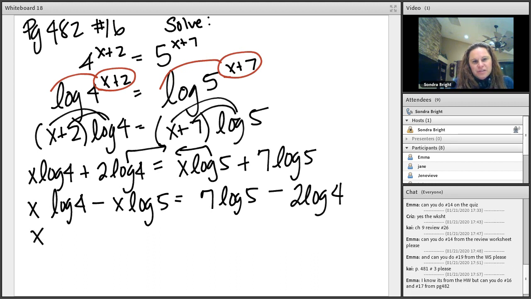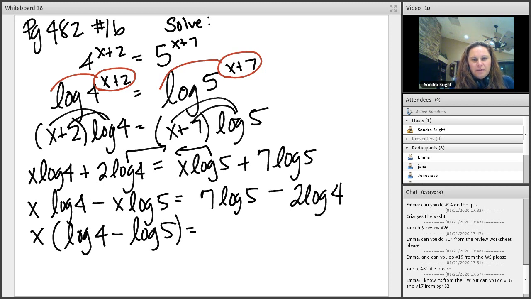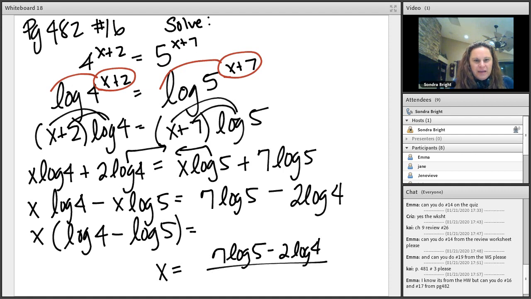And then I do that so that I can factor out the x that's in common, and then that way I can divide. So x is equal to the 7 log of 5 minus 2 log of 4 divided by log of 4 minus